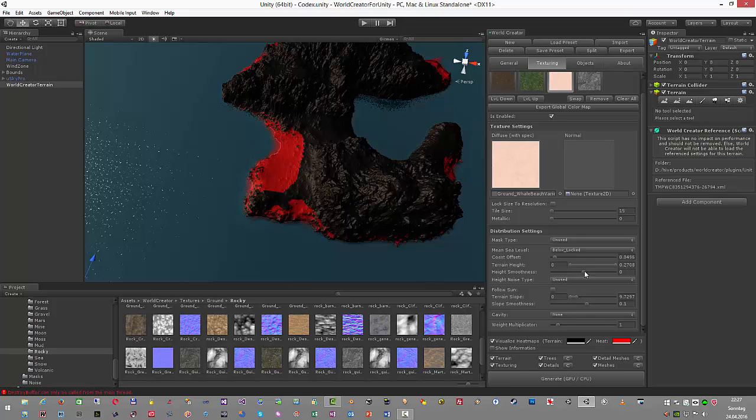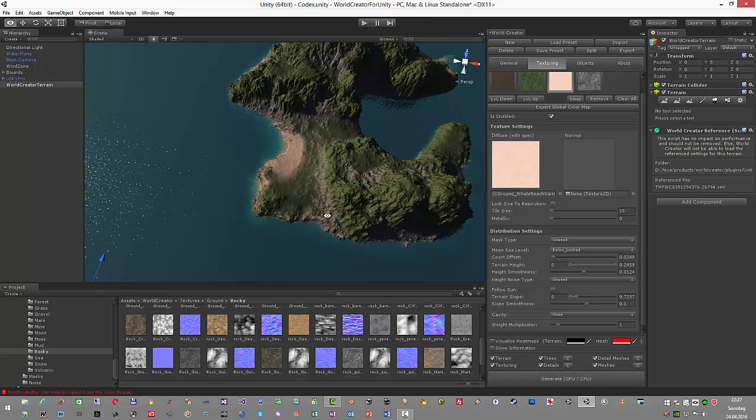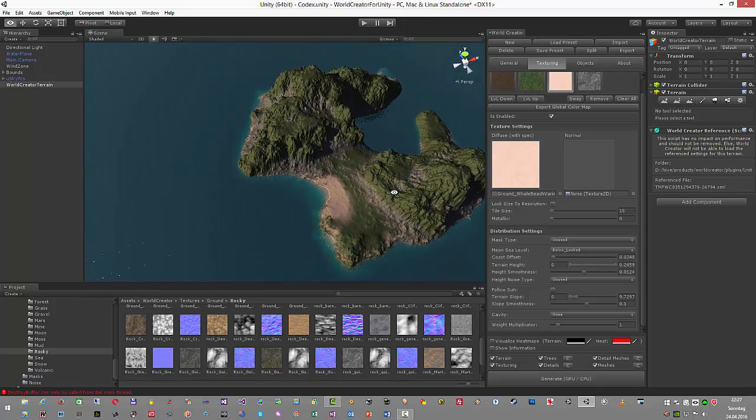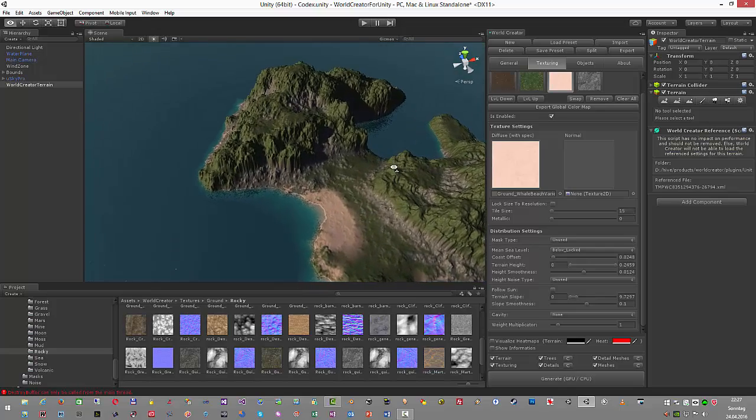We could do a little bit of height smoothness like this, and reduce the coast offset a little bit, so you get something like this. So it's smoother values here, looking much better. Go for it. Here we go. Okay, so now what else we could do is